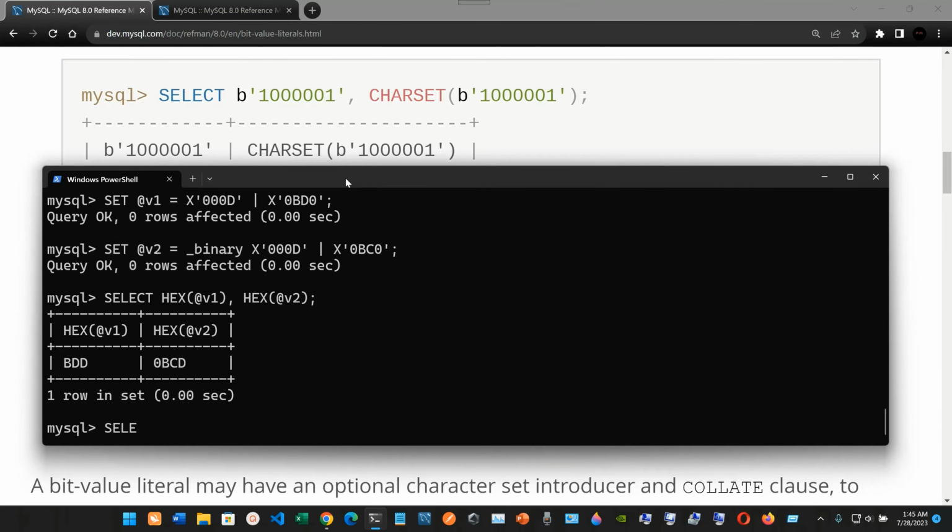So it's going to be SELECT, space, lowercase letter b. We're going to open and close single quotes, and type in 0 1, and then 5 zeros: 1 2 3 4 5, like that. We're going to separate this with a comma. We're going to have the CHARSET